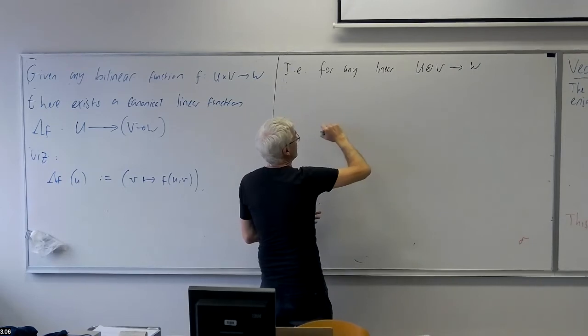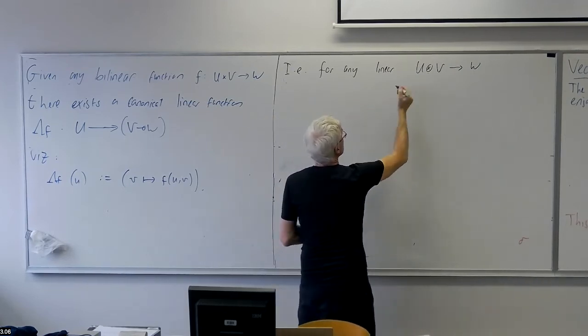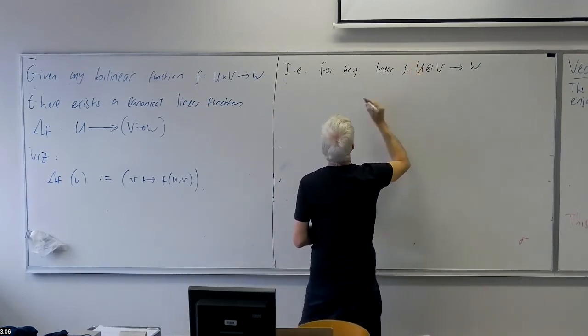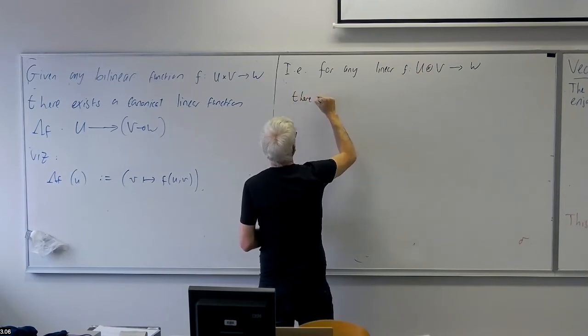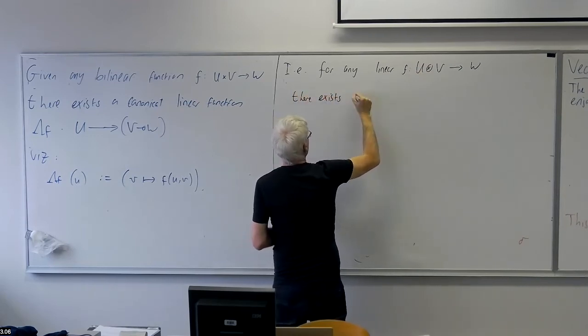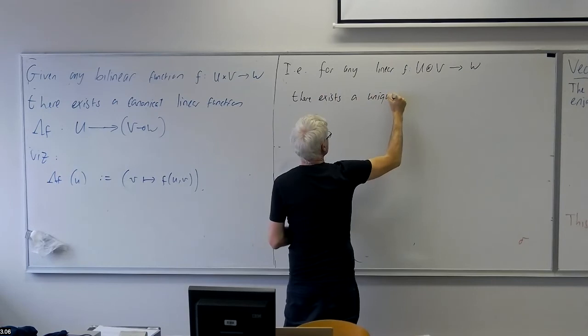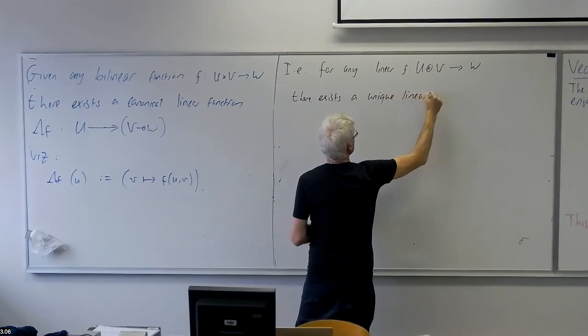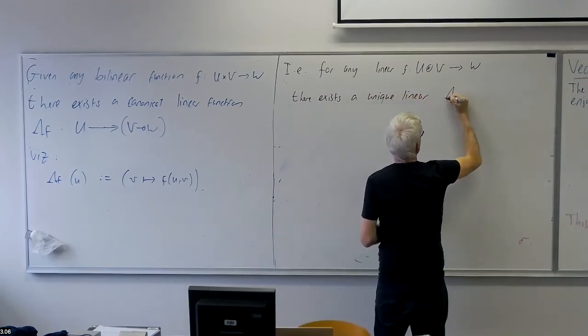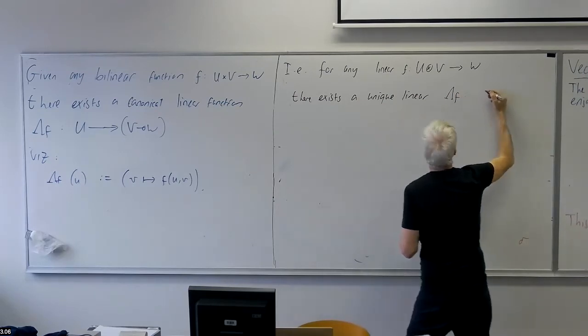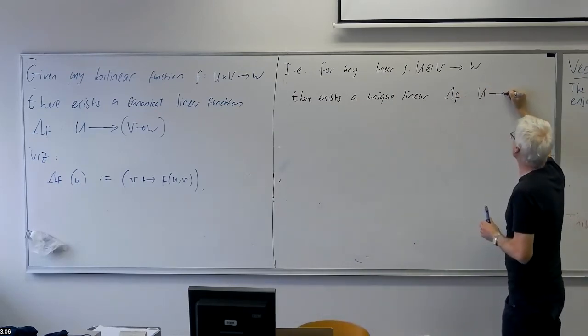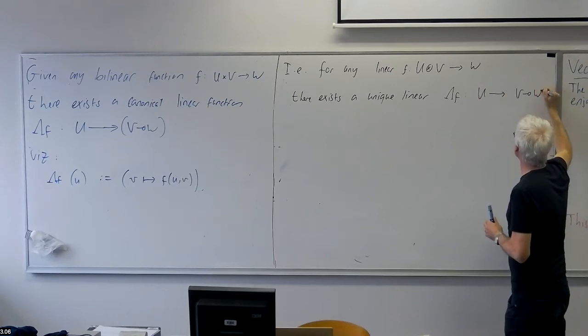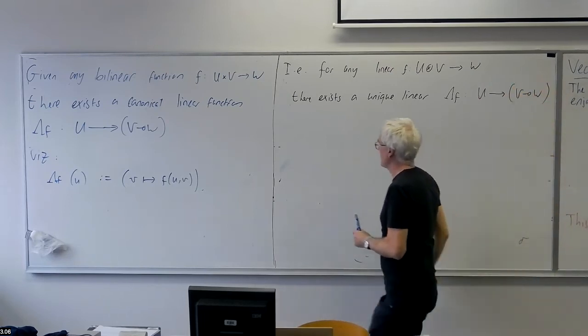So for any linear function, there exists a unique linear function lambda f, which goes from U to the lollipop space, the function space,